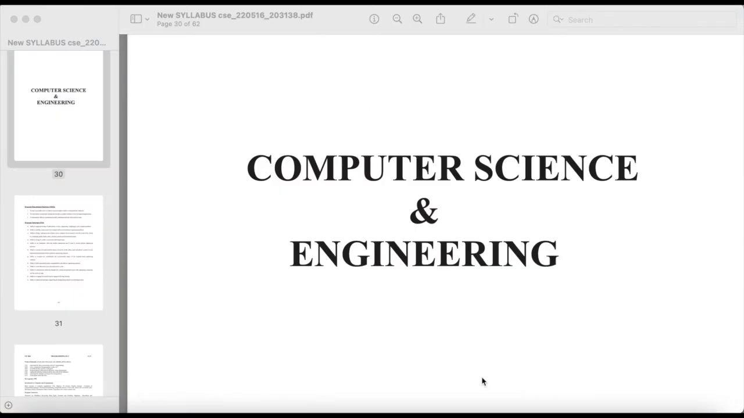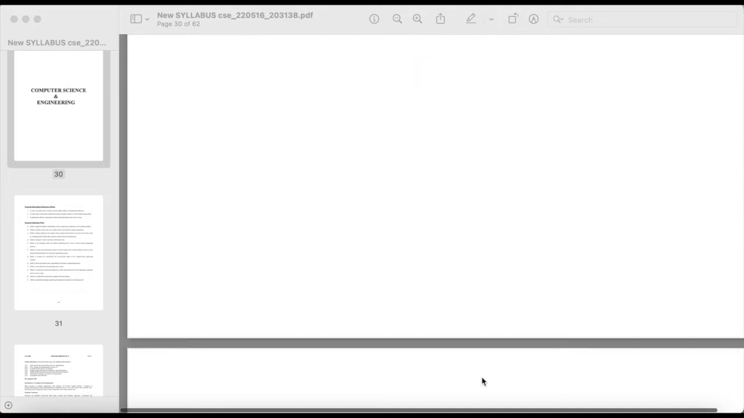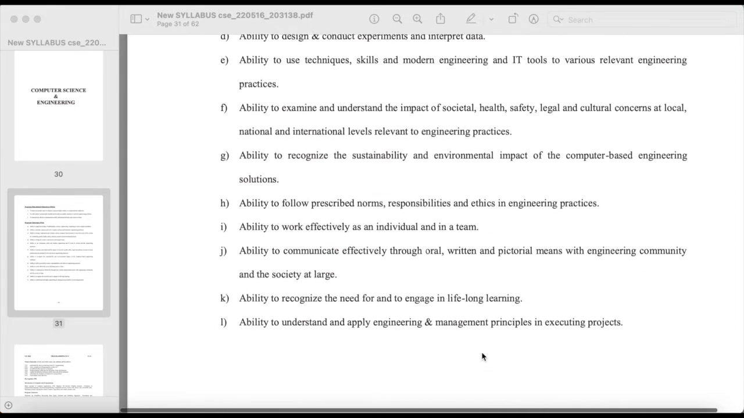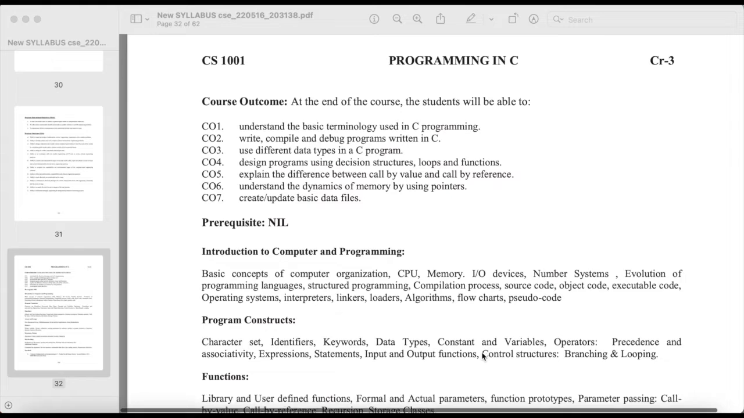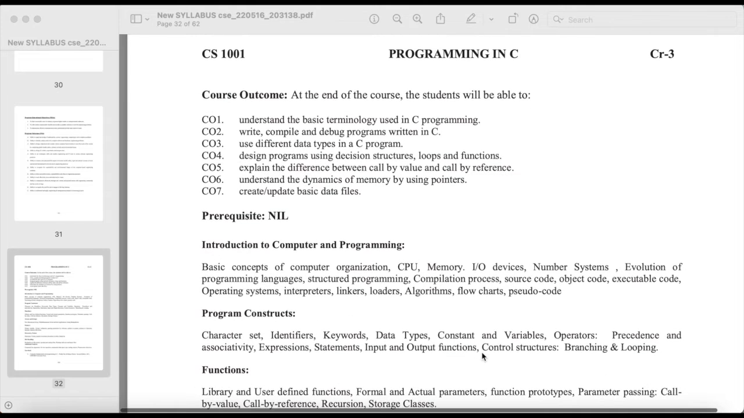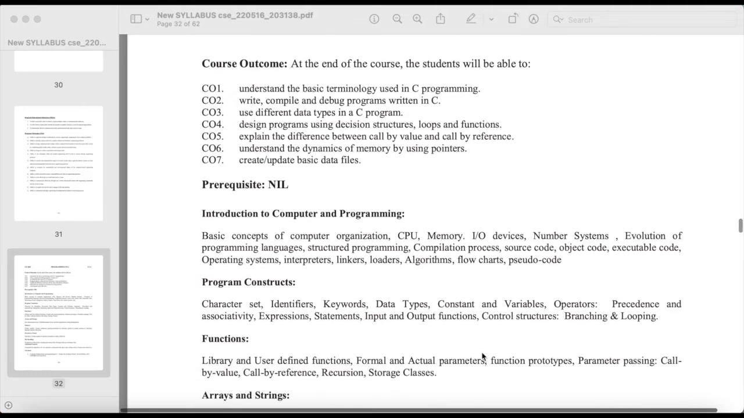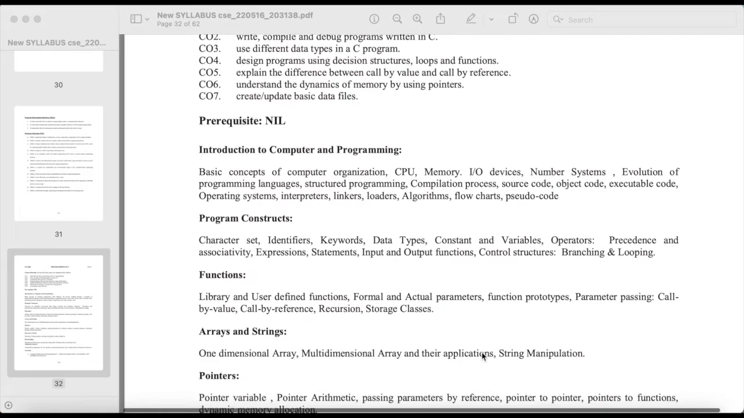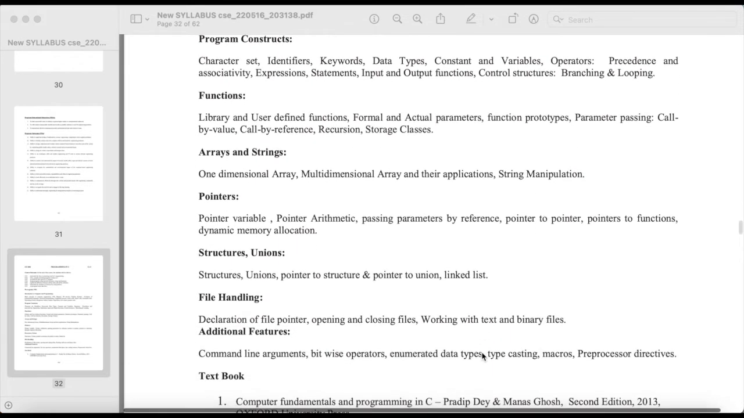Now next we come to our main topic, computer science and engineering. Programming in C: introduction to computer and programming, basic concepts of computer organization, CPU, memory, I/O devices, number systems, evolution of programming languages, structured programming, compilation process, source code, object code, executable code, operating systems, interpreters, linkers, loaders, algorithms, flow charts, pseudocode, program constructs, character set, identifiers, keywords, data